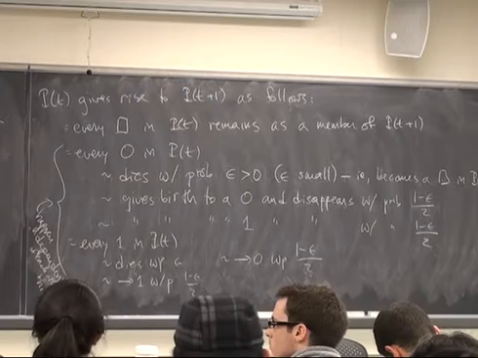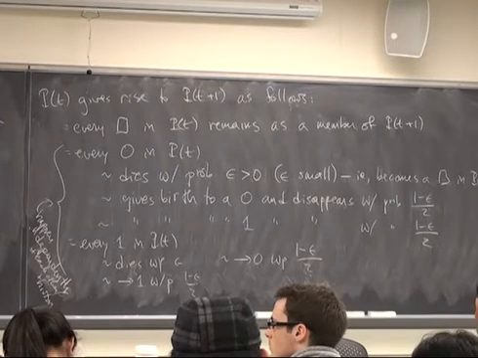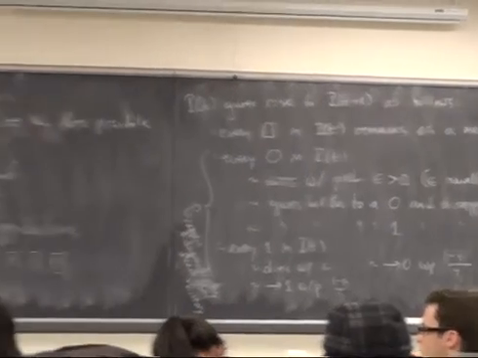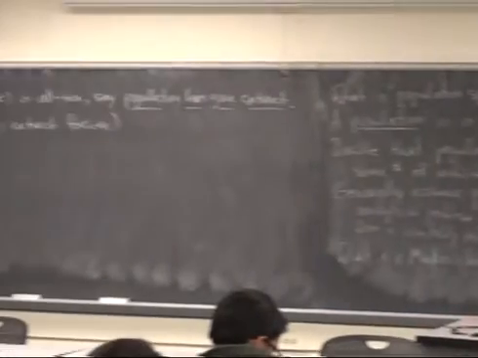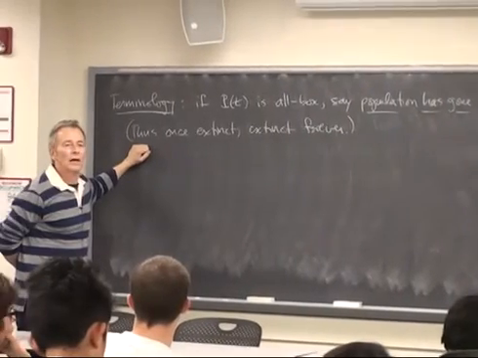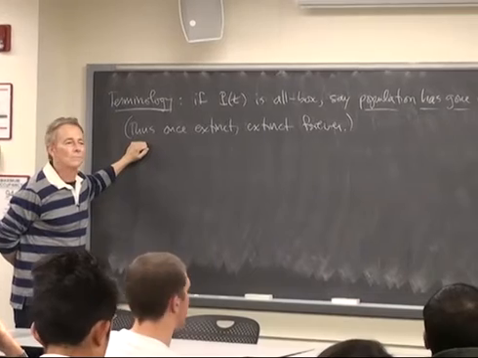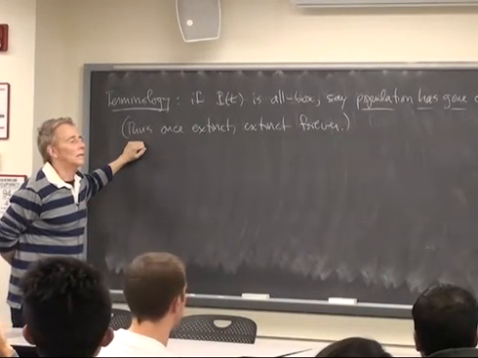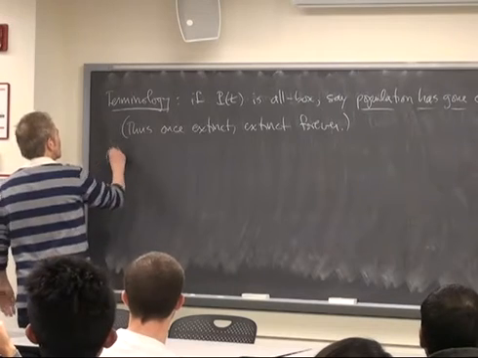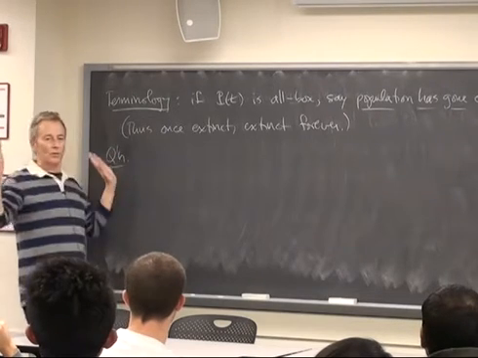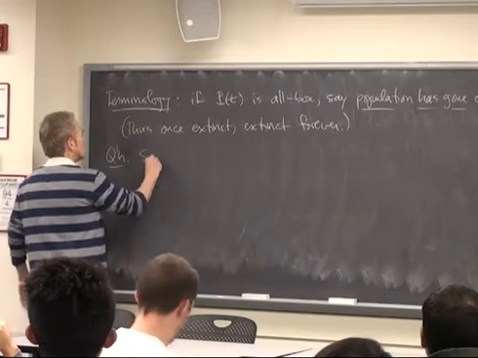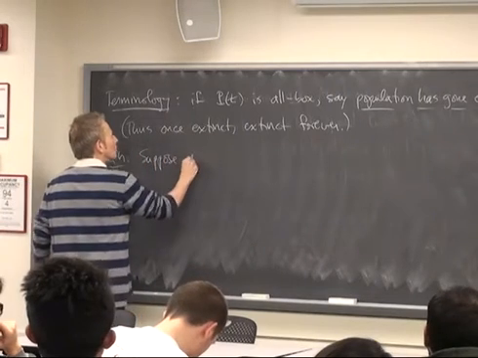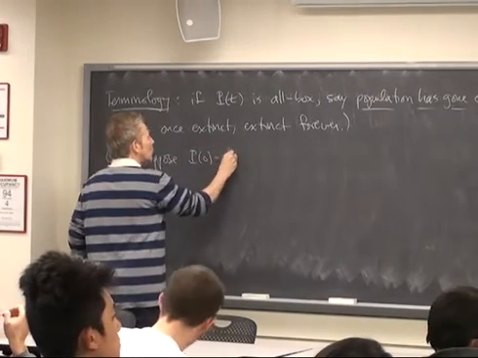Okay? All right, so let me just ask you quickly. Is there a positive probability that the population goes extinct at time 1? There's positive probability. Yeah. So here's a question. Let's start with the all zero population, just for definiteness. So suppose P of 0 is equal to all zeros.